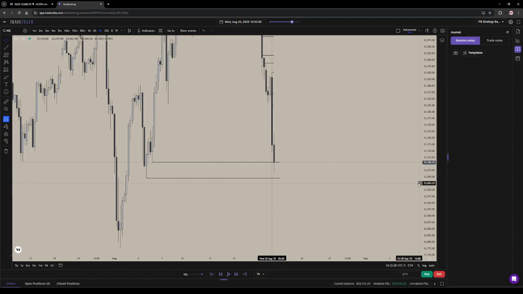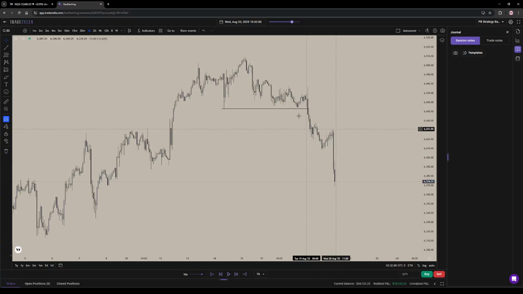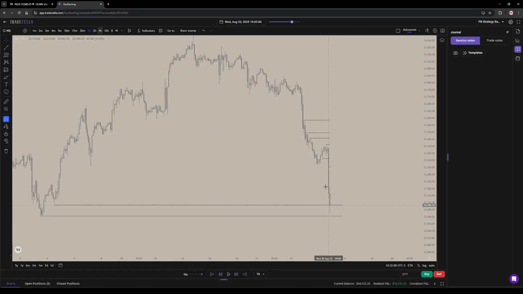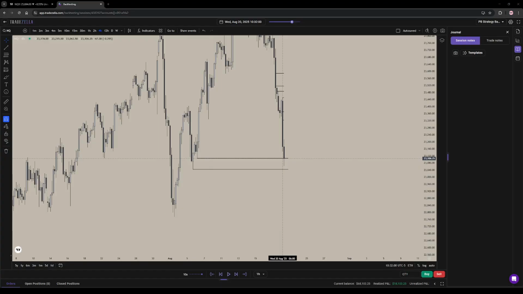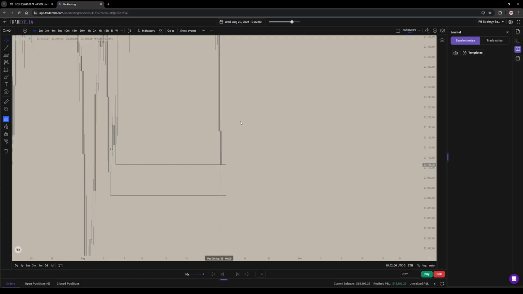But I'll be very, very shocked if we don't take out this DOL, because we're not even operating within any sort of high time frame gaps right there. Yes, we're inside this 1 hour, but why would we not come down a bit lower, sweep more liquidity in order to go higher, you know? Yeah, I mean,